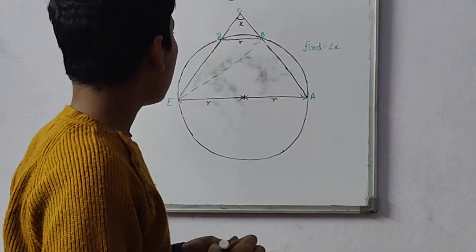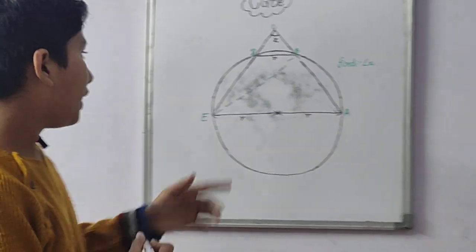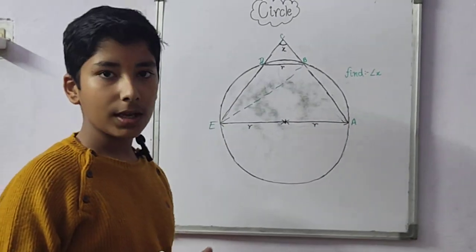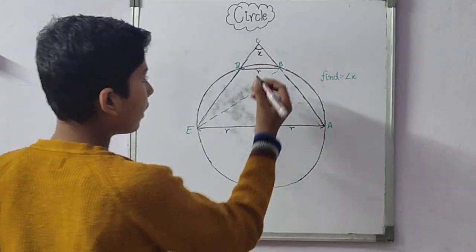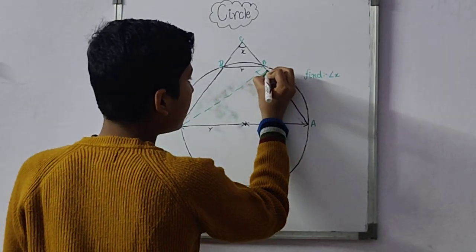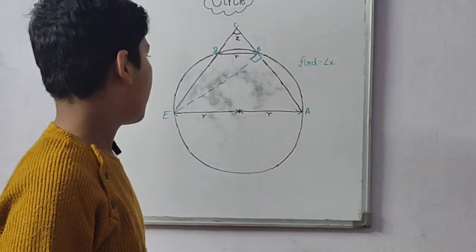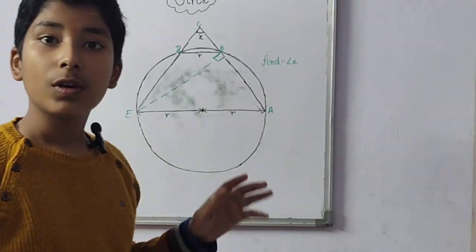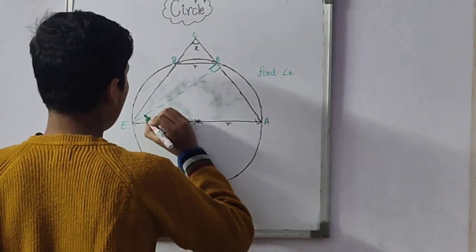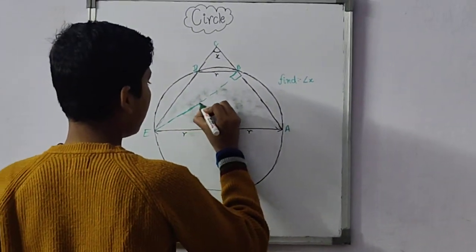Now let us do the construction. You will say join the point E with the point B. Okay. In construction you will write this. So now this angle in this triangle will be 90 degree. Why? I have told you in the last video, it is angle in semicircle,